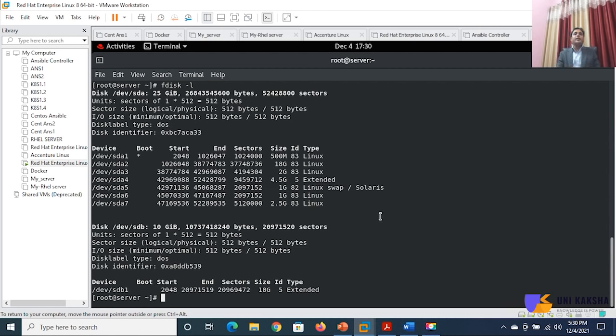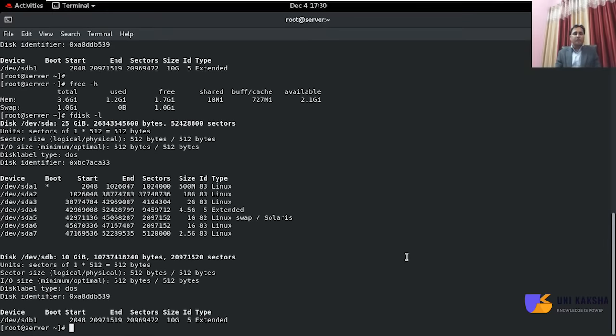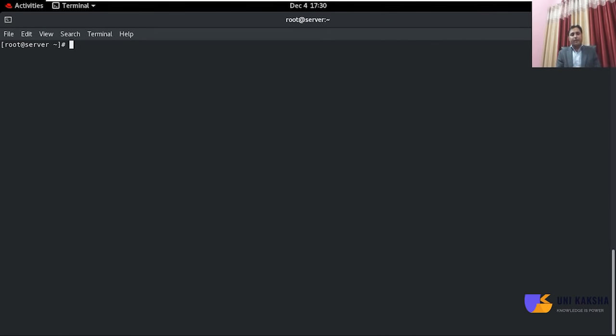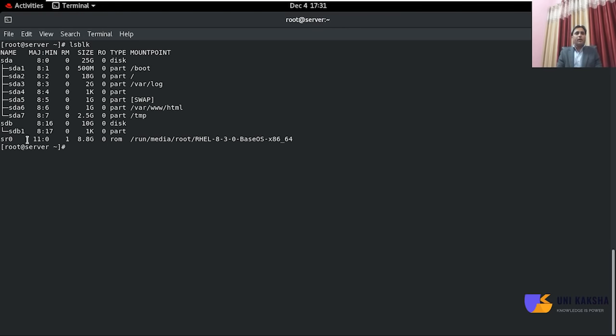So can I take space from another disk which is mounted on my server? Obviously, yes, we can do it. So how? First of all, you have to create a partition. If I run lsblk, the list of block devices, I have only an extended partition on my other disk, that is sdb. I don't have any other partition on sdb.